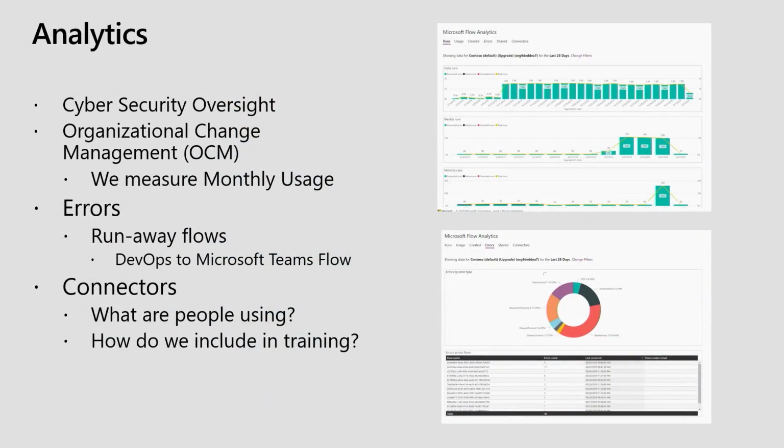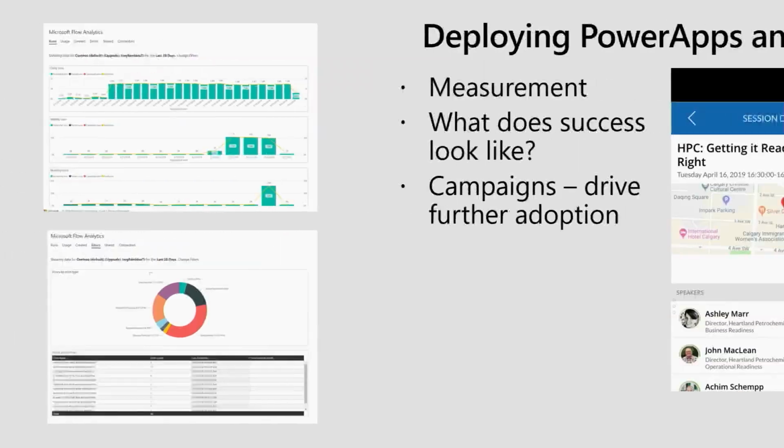But once again, visibility gives you insight, so that you understand how your environment and your assets are being used. The last one is connectors, which is naturally the same coin that we have to think about. Are people using these consumer connectors that we don't want them to? Are there concerns around data exfiltration? But on the flip side, what are the patterns that people are using? Are people predominantly connecting to SharePoint or to Office 365 email? Or is it a custom connector? Now we actually get this insight, so we can use that data to drive future investments as well.